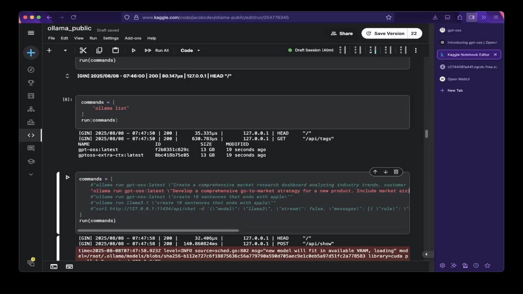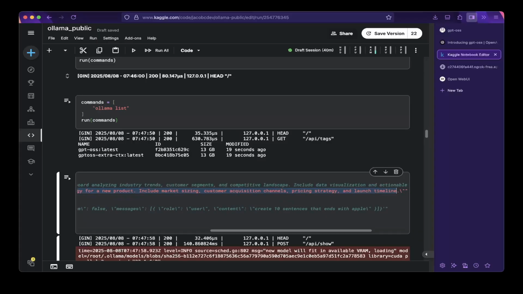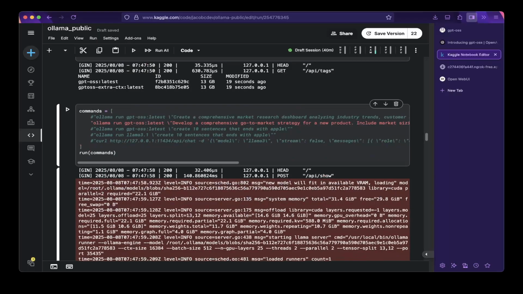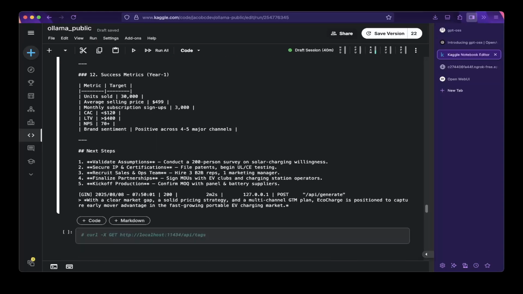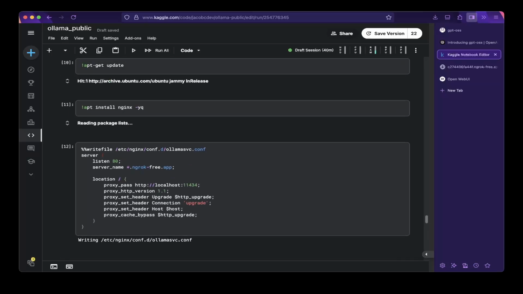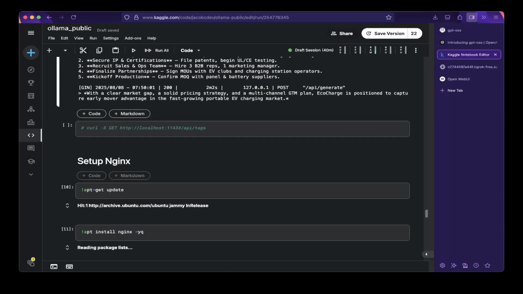As you can see here, we're going to test a prompt to develop a comprehensive go-to-market strategy, but we're going to test this on WebUI instead, so you can see how good this setup is performance-wise. So let's copy this prompt, and before we go to the WebUI, make sure you also set up the engines. This will actually expose everything that you set up within the Kaggle Notebook to the